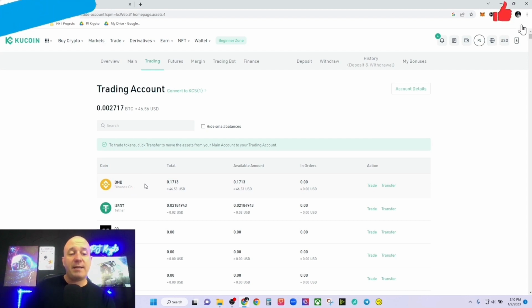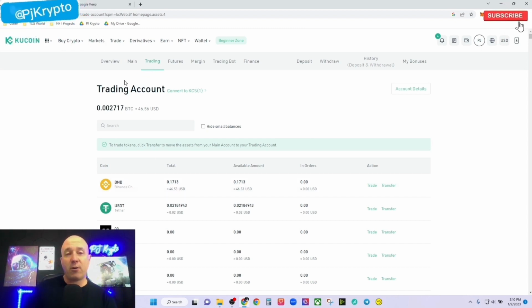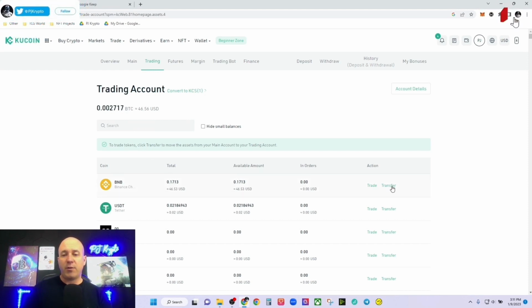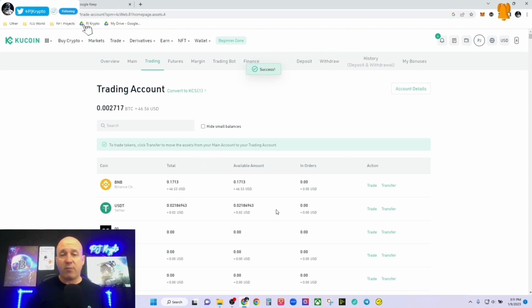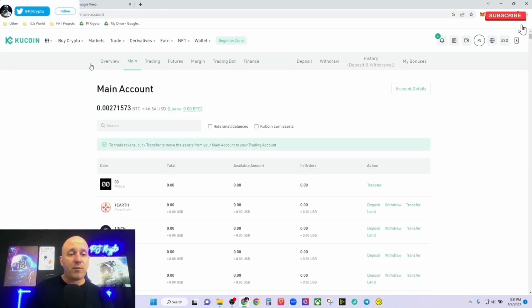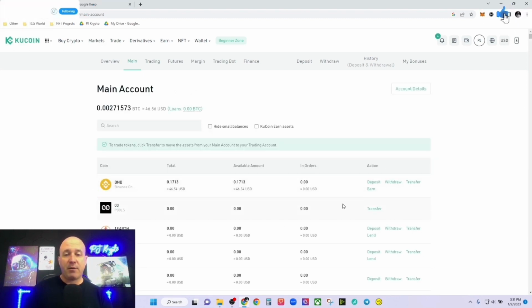So now that we've created this trade, from here you can send it out of KuCoin to your MetaMask very simply as well. But before you do that, remember what we said earlier, you need to move the BNB into the main account in order for you to withdraw it from the centralized exchange, okay? So I need to do another transfer of my BNB from my trading account over to my main account. BNB, and I'm going to click all of it, confirm. And again, this is just moving it within the accounts within KuCoin, your same account. Now, if I click over my main account, click refresh, you should see, yes, there it is. My BNB is now here, and I have an option to withdraw now. So if I click withdraw,